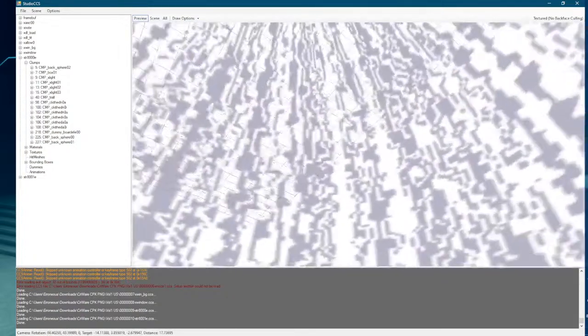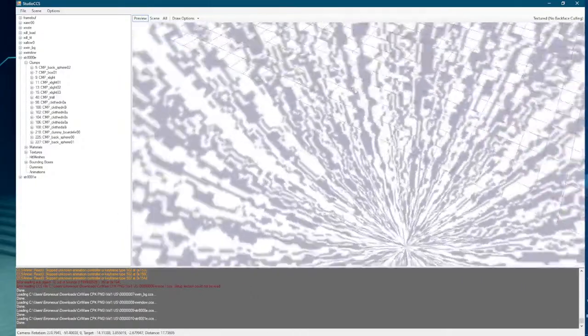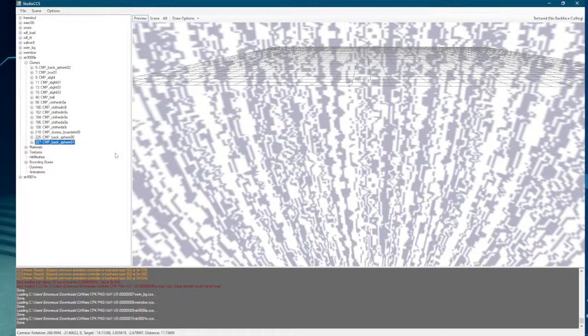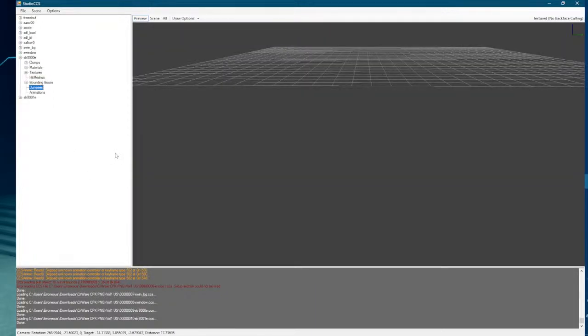Now here we have back sphere. This is definitely what you see when they do data drain. Usually it's moving though. And then there's a second one, so it might be having two of them alternating. So that was under clumps. There's nothing here for animations. And then this is